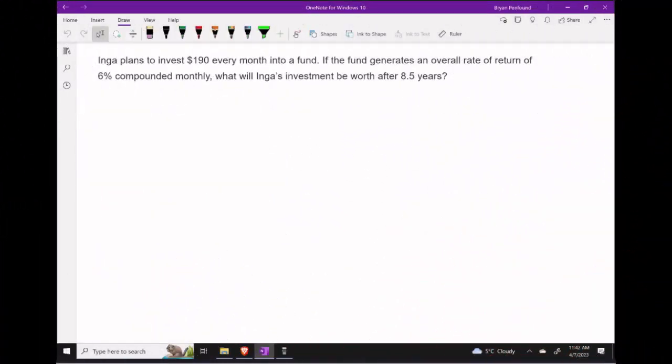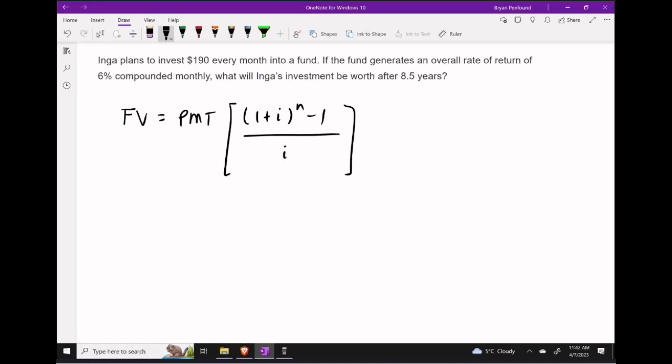Suppose Inga plans to invest $190 every month into some kind of fund. If the fund generates an overall rate of return of 6% compounded monthly, what's going to be Inga's investment worth after 8.5 years? Let's begin by noticing that this is going to be an annuity because we do have a